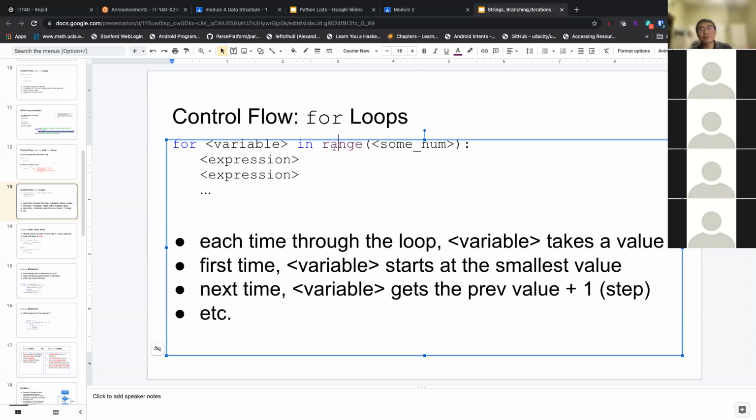If you have a range of 100, it'll give you the numbers from 0 to 99, right? It will guarantee that every time you go through the body, it will increment the counter and go back to the loop until the counter reaches the predefined range, like 100. So the for loop is also very natural, and this is a common way to do it.